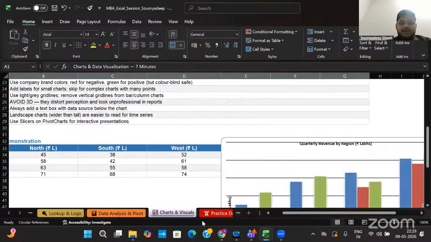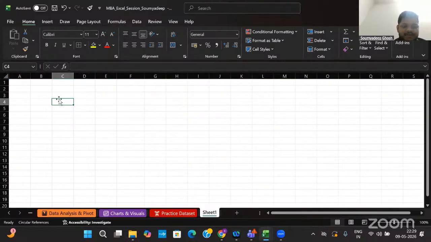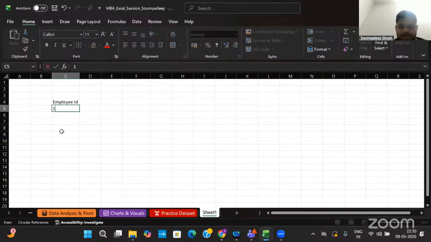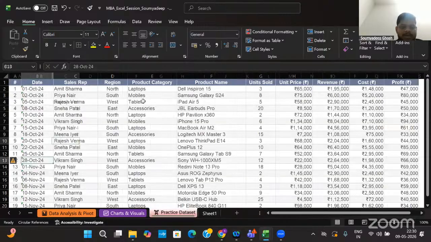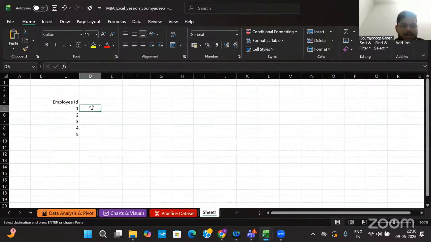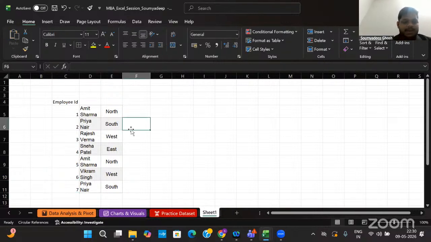And in VLOOKUP, we'll start with one additional data set where we'll have ID, the name, and the area.